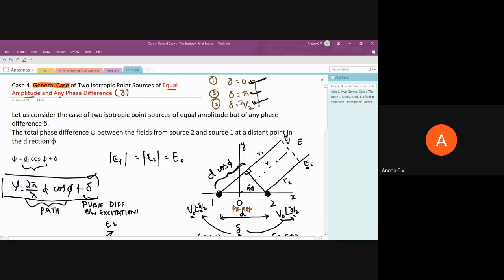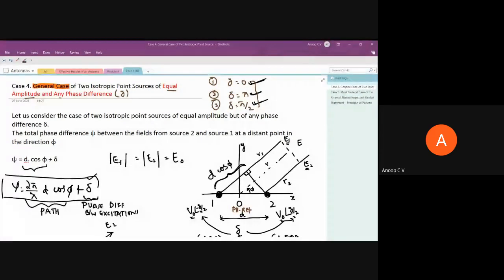Any doubt in this? It's very simple, no need of having any doubt. But even then, if you have any doubt, please feel free to ask. And I hope you are able to appreciate this. You can see this as the general case of case 1, 2, and 3. Normally these things are very rarely asked in the exam. In case 1, 2, or 3, you will get one question for sure, say for separation lambda by 2 or lambda by 4. It's a sure question for the university exam, and even for an internal test, I can tell.